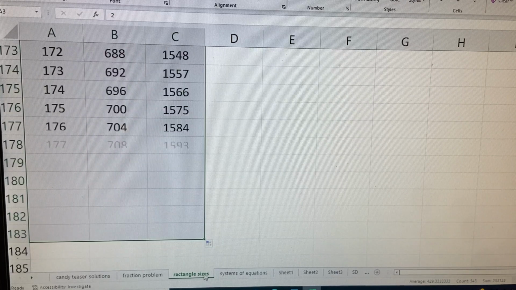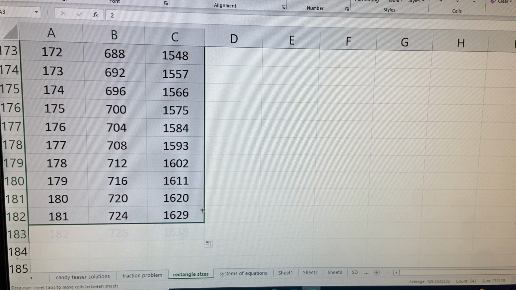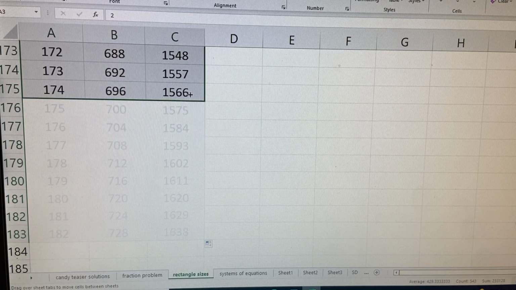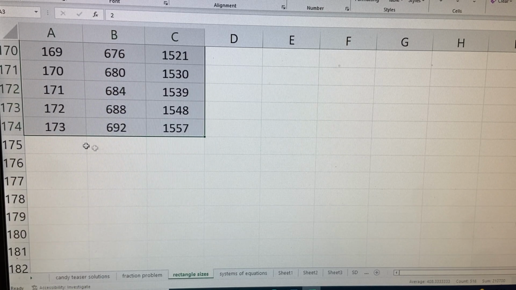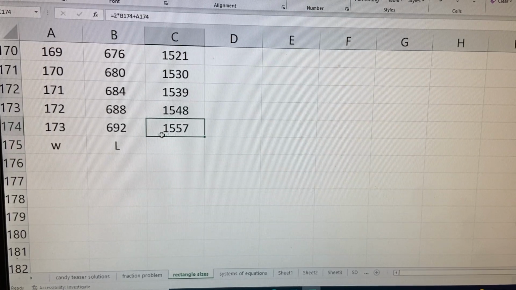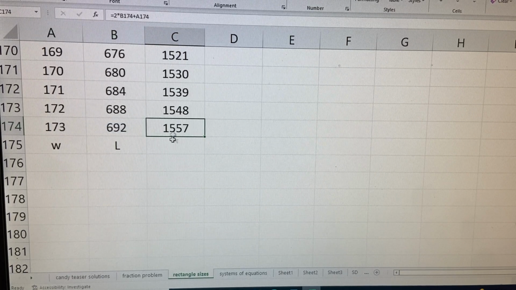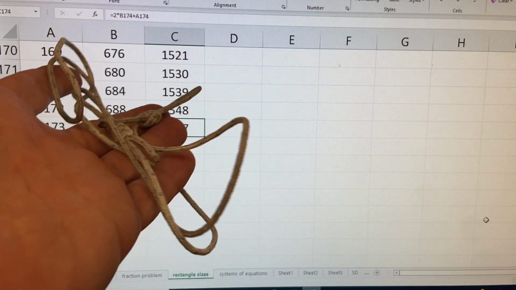Doing this manually would be a little bit unreasonable, but a t-table that people can make on a small scale can be extended. There, 1557. So this is the width, this is the length, and this is the sum of the 3 sides. So there, problem solved. The rectangle, or the number of goldfish, or the sum of 3 numbers are 173, 692, and 692 again, to equal 1557. So this is how it's solved with patterning and the t-table and a little bit of common sense or